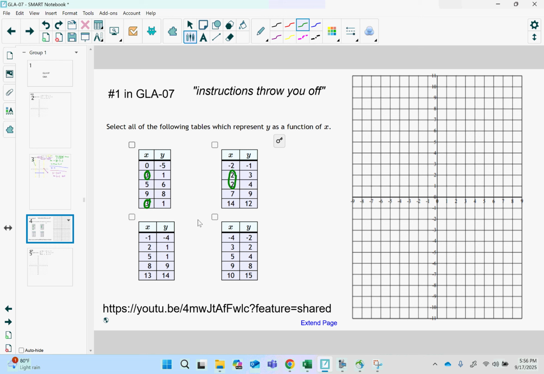These other 2 tables down here have no repeated x values, so I would probably choose those 2 and then submit and get it wrong. So how am I being tricked here? The reason it's not that simple is